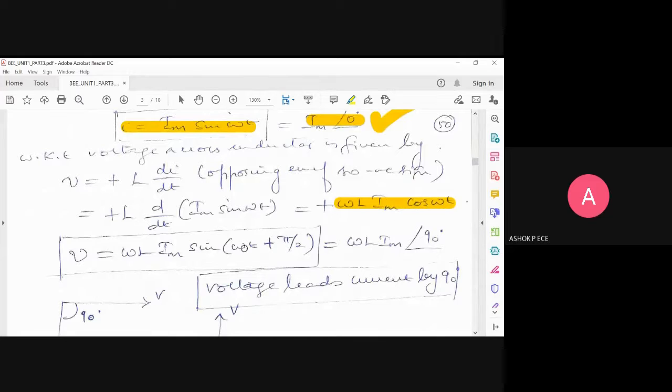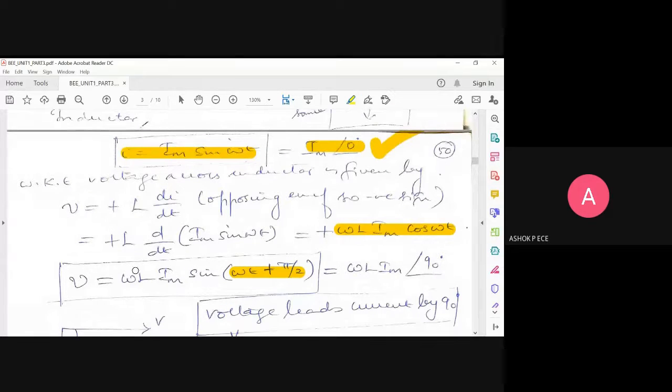When you convert cos into sine, sin(90 + θ) is cos θ. So I'm going to replace this cos ωt by sin(ωt + 90). I'm going to write this in the same notation: this ω L Im I'm going to write as it is, with angle 90. Is this correct? Sin ωt, if it is just there, I'll put it as angle 0. So if I have sin(ωt + 90), it is going to be angle 90. Is this notation clear to everyone? It is called magnitude-angle notation. If it is ωt minus π/2, then you put the angle minus 90.